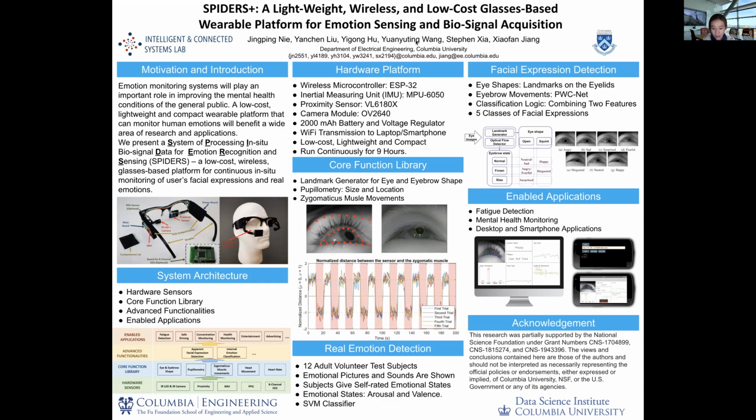All the hardware sensors and the filaments we use to 3D print the Spiders Plus glasses frame cost less than $20, and the entire weight of Spiders Plus with all the boards, sensors, and battery installed is below 100 grams. And using a 2000 mAh battery allows Spiders Plus to continuously run for more than 9 hours in our battery